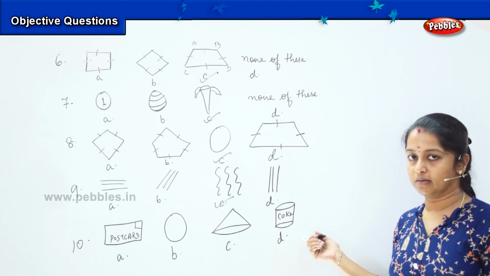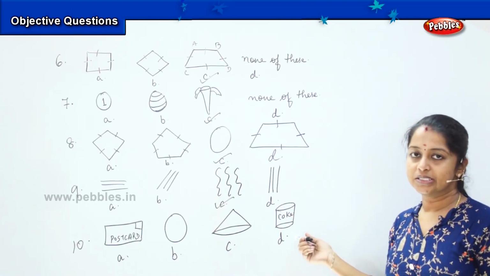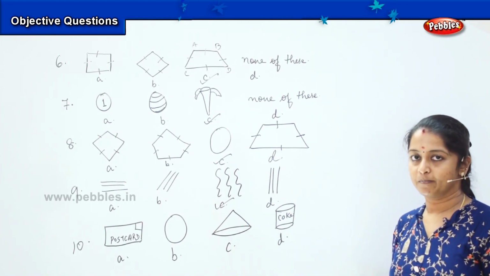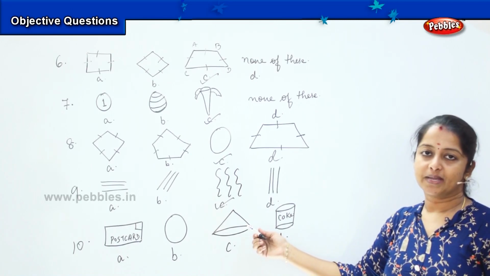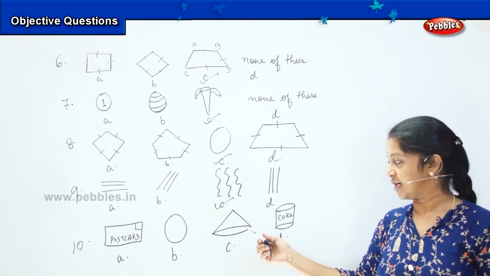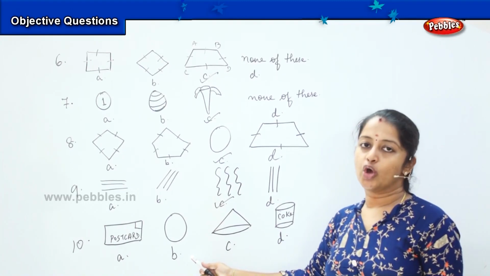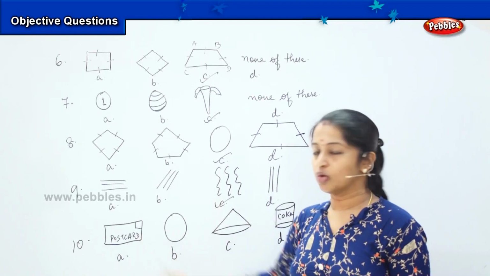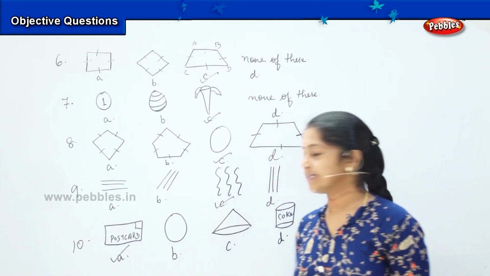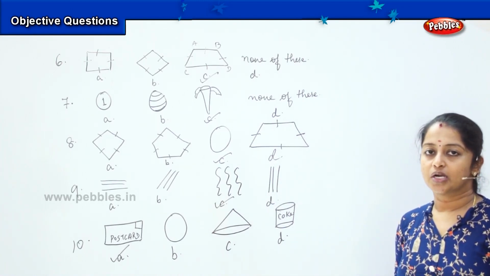Is it this Coke can? No, because it is a cylindrical shape. How about the birthday party cap? This shape is a cone shape. It has nothing to do with the rectangular shape. How about the ball? It's a circle or a spherical shape. What about the postcard? You are correct. Your answer is A, and the postcard has a rectangular shape.